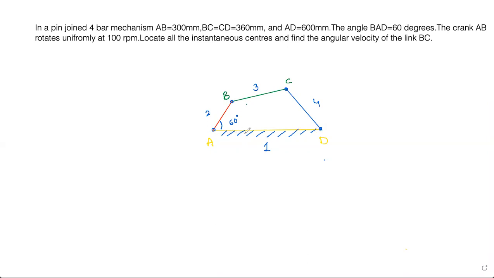So link number 1 is fixed, right? So 1 is in connectivity with 4, so 1 will be rotating with respect to 4, so this is instantaneous center 1 4, you can call it I14. And here 1 is in connectivity with 2 and it is rotating, right? So I12. So 2 and 3 wherever they are joining, that is I23, and 3 and 4 wherever they are